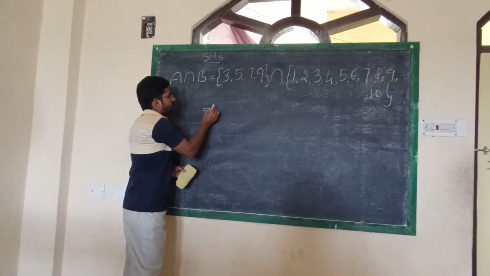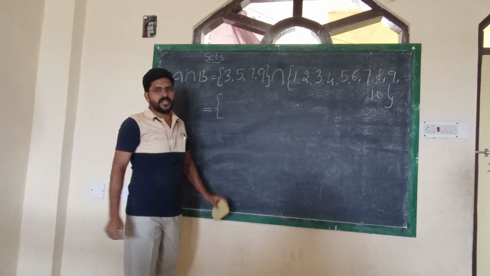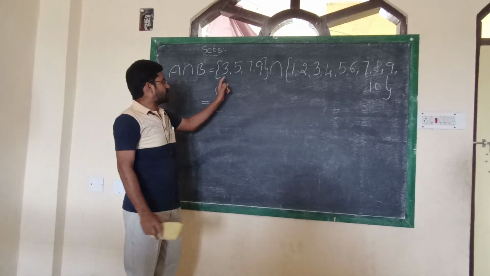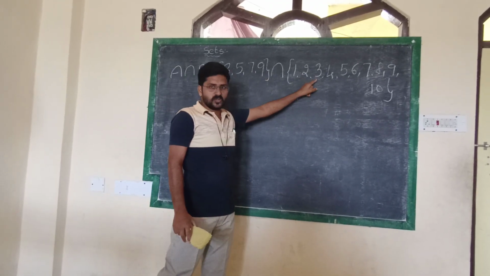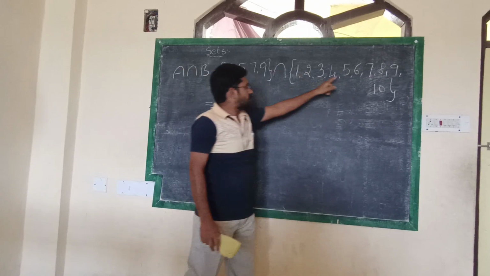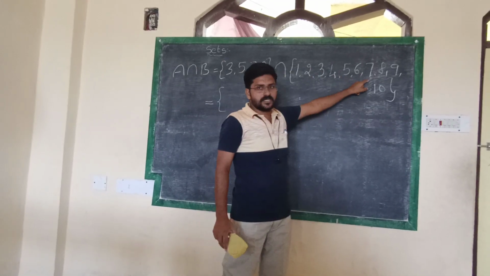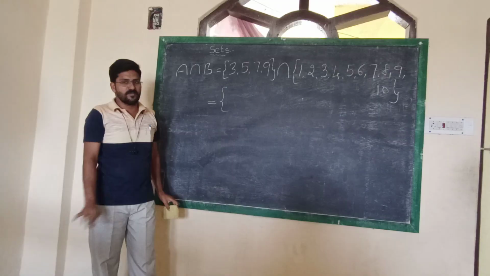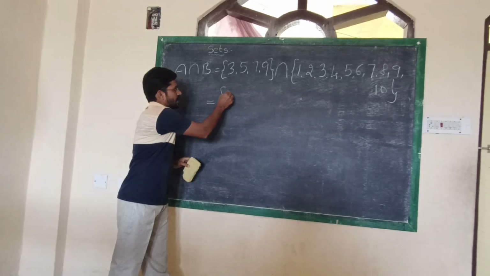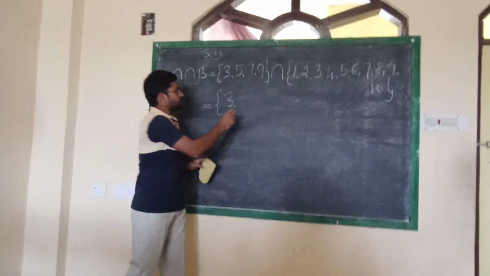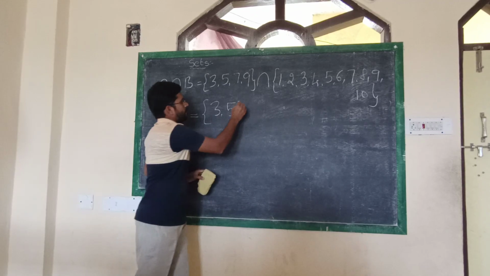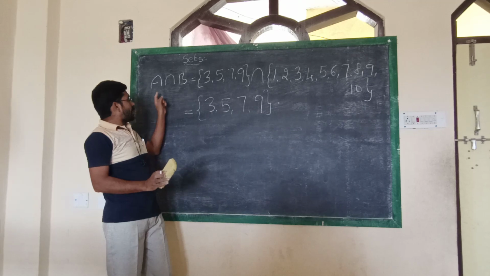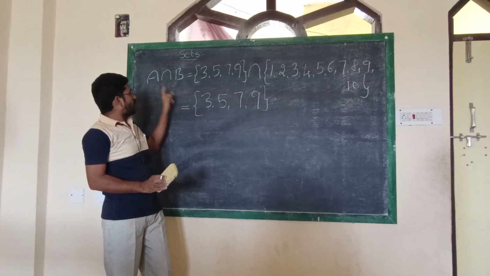Now we are taking here intersection. Intersection means you must take the common elements from the two sides. In these two sides, which are the common elements? Here 3 is there, here also 3 is there. Next 5, 5, 7, 7, 9 and 9. From these two sides, only 4 elements are repeated. So take these 4 elements. 3, next one is 5, 7, 9. Now A intersection B, we have to find A intersection B.